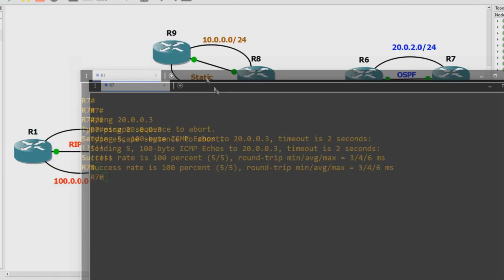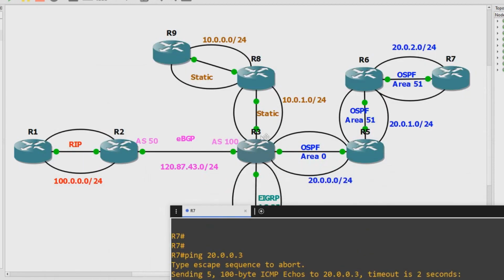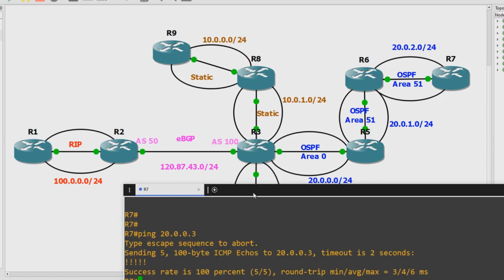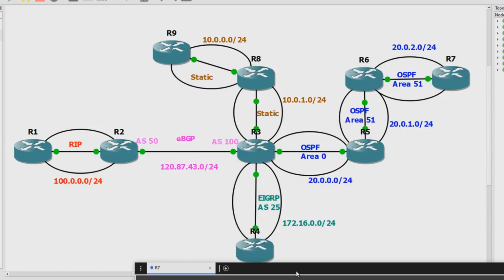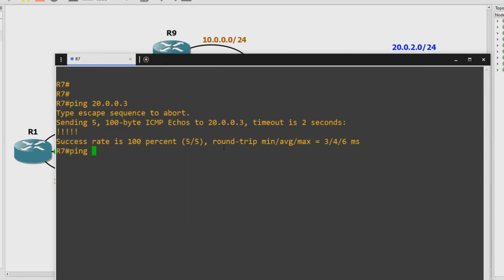Success! But if I try to ping, let's say, the other side of router 3, the BGP IP address, 120.87.43.3. Now this one should fail,